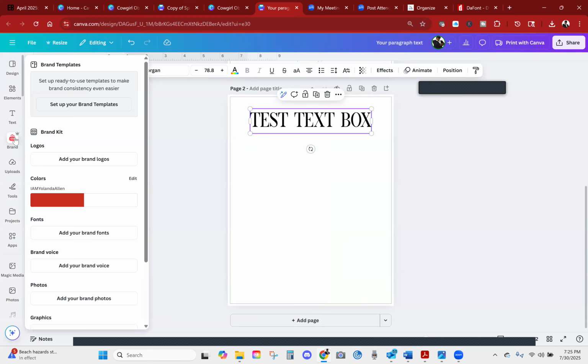So we'll go over brands at a later time, just because it's more so if you want to set up your business brand, set up the colors that you want to use, so that whenever you're creating, it automatically gives